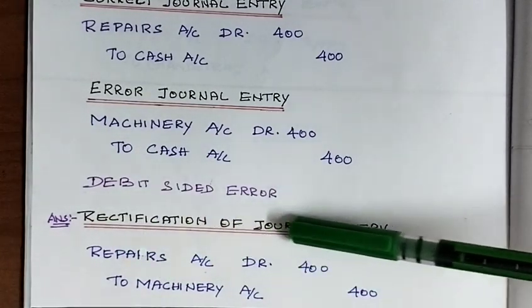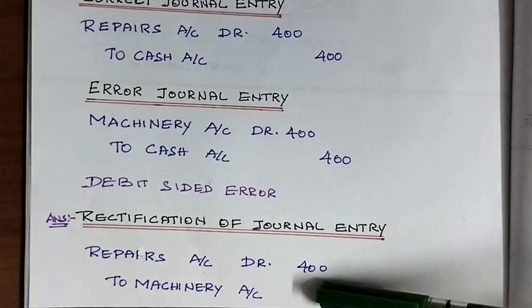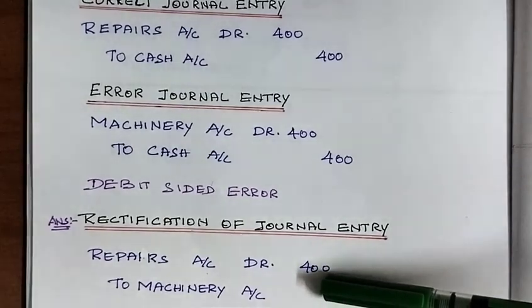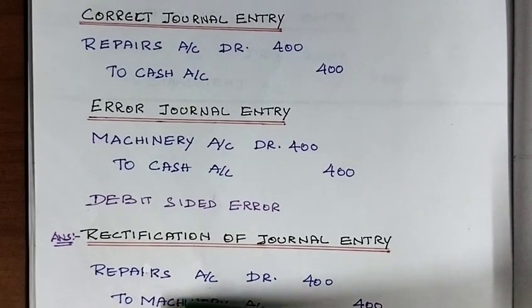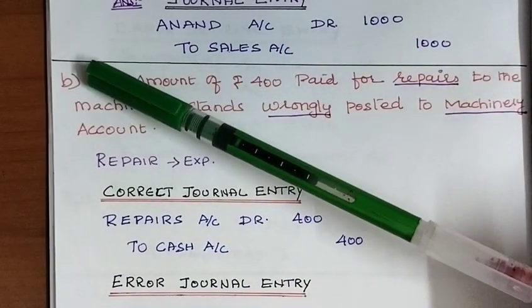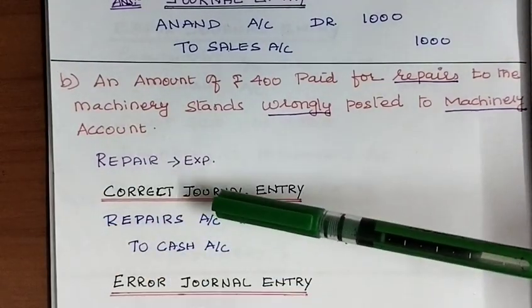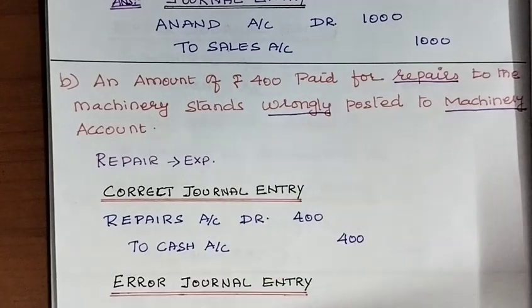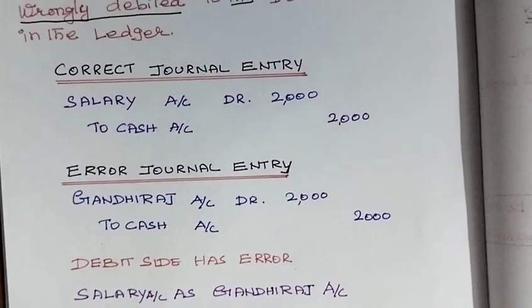The rectification of the journal entry is: Repairs account debit 400 to machinery account. And after completing each and every journal entry, you must write the narration. You can write the narration in your own words, otherwise you can copy it from the transaction. You copy the transaction fully and finally you add the words "now rectified" in the narration. Okay. The next transaction is